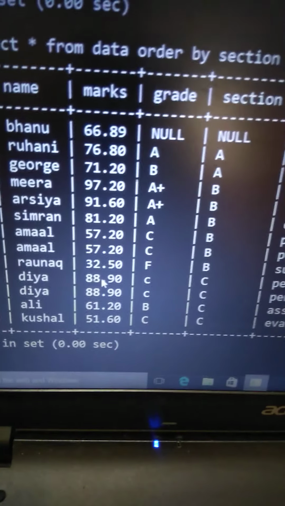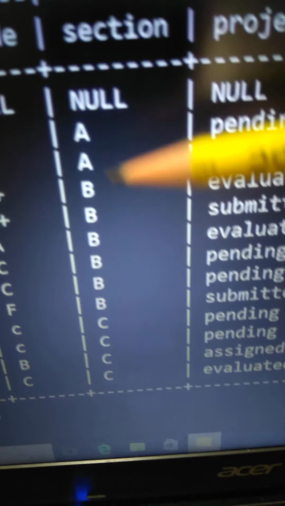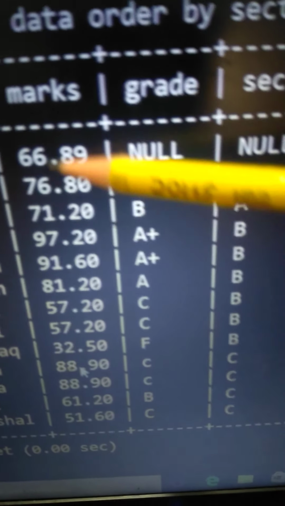It should be marks. So can you see here that first of all we are ordering our data section-wise. It will take first AA, BB, CC, and if AA is common, it will show you according to marks, like say in A we may have 76 and 71. First of all it gives preference to the section column.